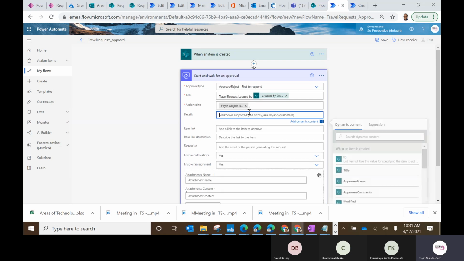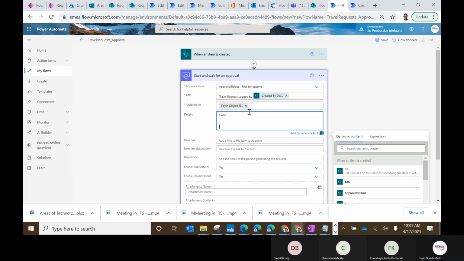So details, I can say hello approver. So assuming I had a column in my SharePoint list with my manager's name, I would have been able to say hello manager, and then I'll come here and say new request